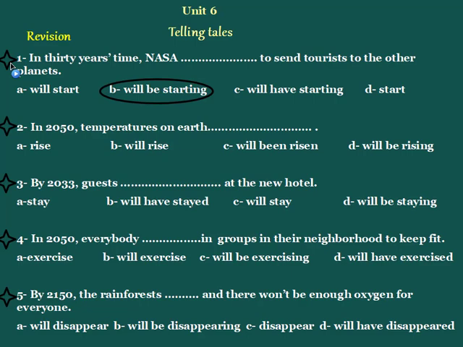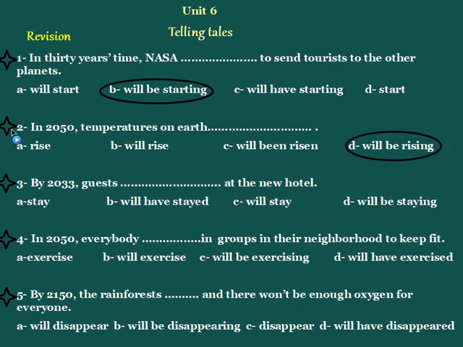Number 2: in 2050, temperatures on Earth, space, will be rising or will be rising. So let's find the right answer. The right answer is,